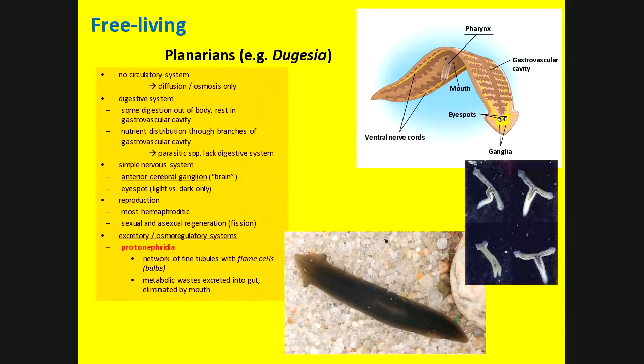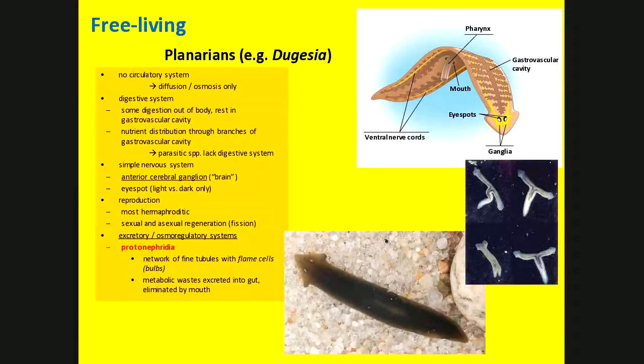Some are hermaphroditic. They can reproduce sexually or by fission. So a little picture on the right-hand side where in the laboratory, they've induced these planarians by making these incisions to split, and they'll split into two complete separate organisms, kind of like the sponges a little bit, right?